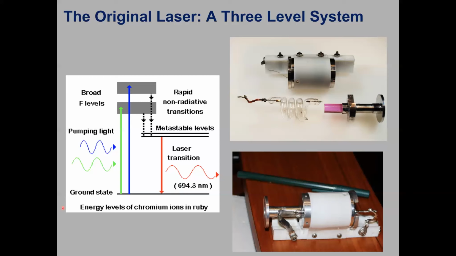So the original laser here, at the time, people knew a 4-level system was a better choice for an efficient lasing medium, but the limitation was finding the materials to get this to work. As you can see from the size scale, this original ruby laser is about the size of a pen. So it doesn't have to be big. But this is a slightly less cartoony picture of what the energy level systems would look like for this